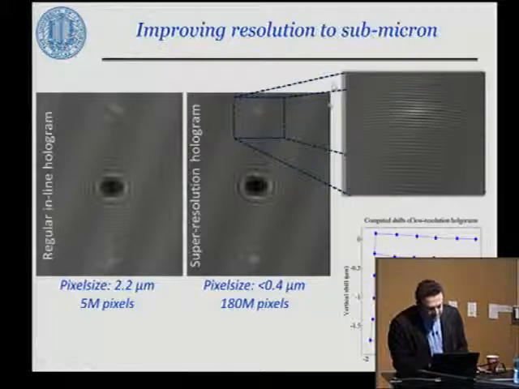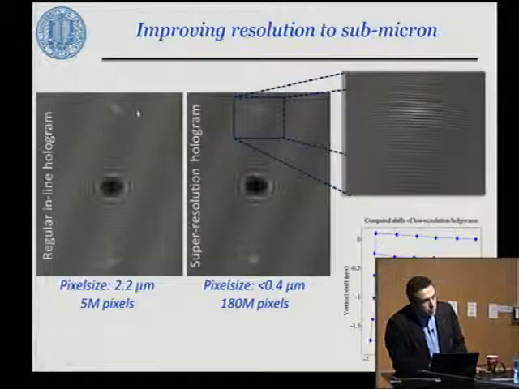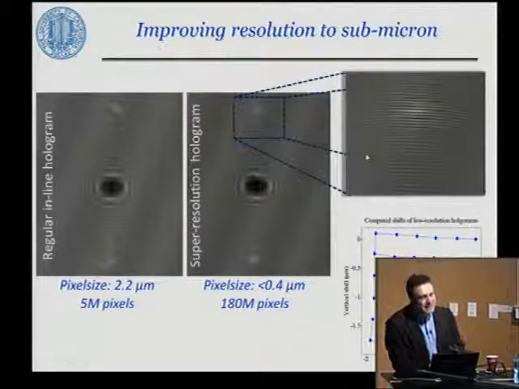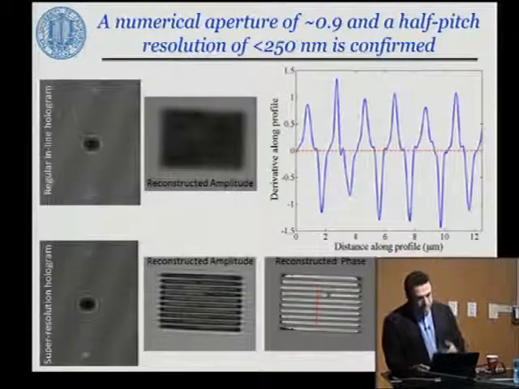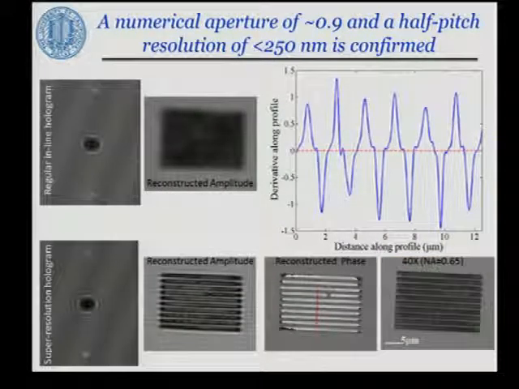At the end of this process, some of these fringes that are normally washed away because of pixelation start to come back. Those rapid oscillations that are retrieved here correspond to higher numerical apertures, which led us to reconstruct higher spatial frequencies that are normally washed away. This is a good example, which is coming from a very old sensor, just to show the proof of concept.